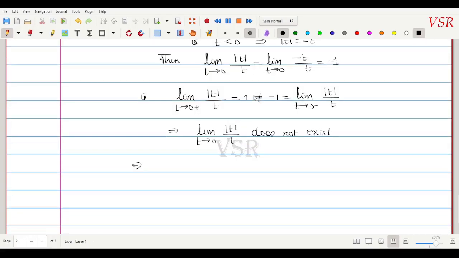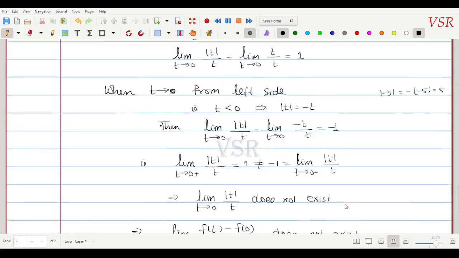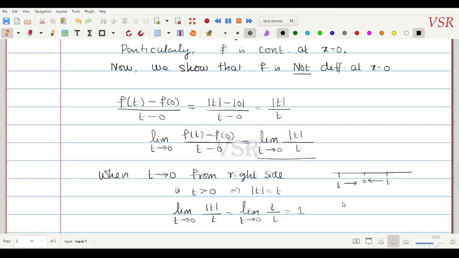So this implies that limit t tending to 0 of f of t minus f of 0 divided by t minus 0 does not exist, okay. So this implies that f is not differentiable at x equal to 0, okay. So mod function is a continuous function, of course uniformly continuous function, which is not differentiable, that we have shown,